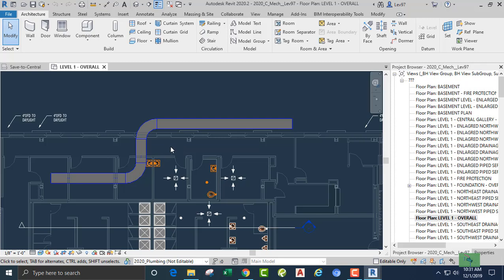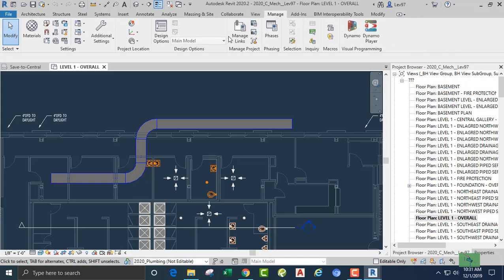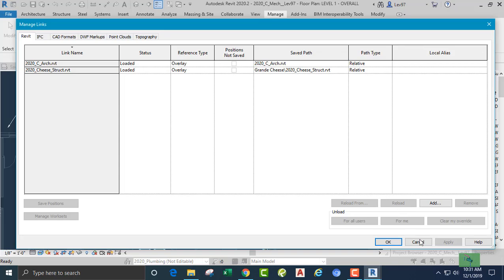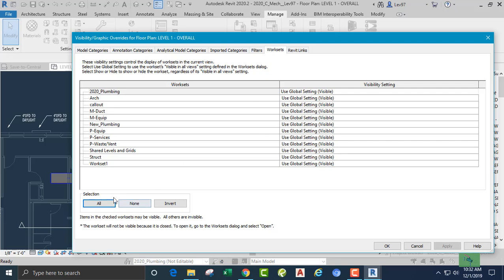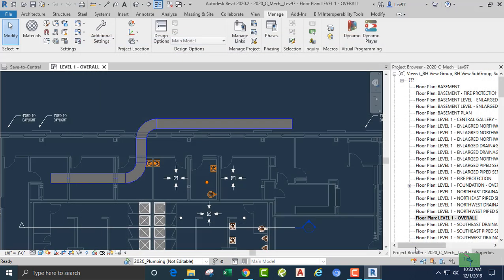So that's how you can go from your plumbing or whatever. You can go vice versa. If you have a mechanical, you can go to your plumbing, but you want to do that up front. And let's look at our links. Everything's good. And our work sets. You can change all of this, use whatever you need to do. But basically, that's how you can detach and create a mechanical model from your plumbing model, or your plumbing model from your mechanical model, after you link in and set up your project for your work